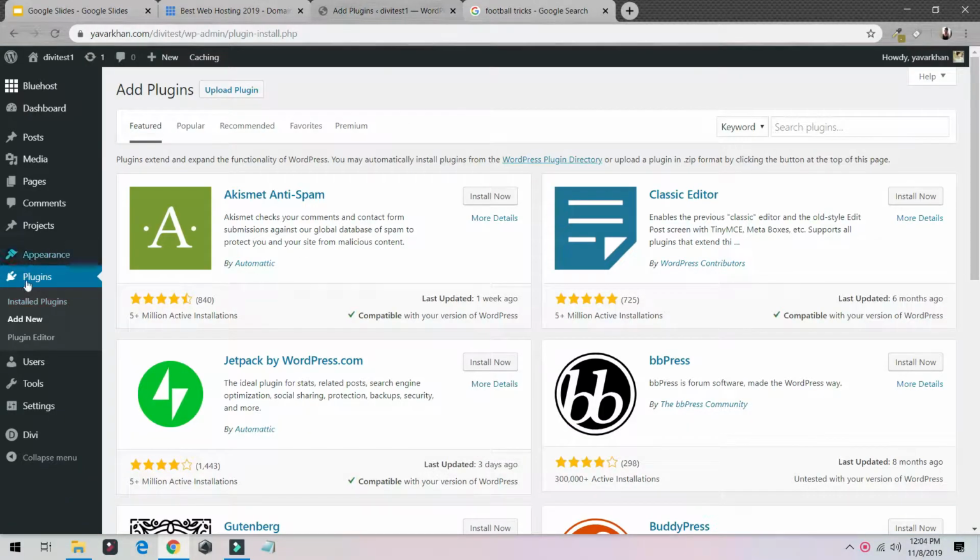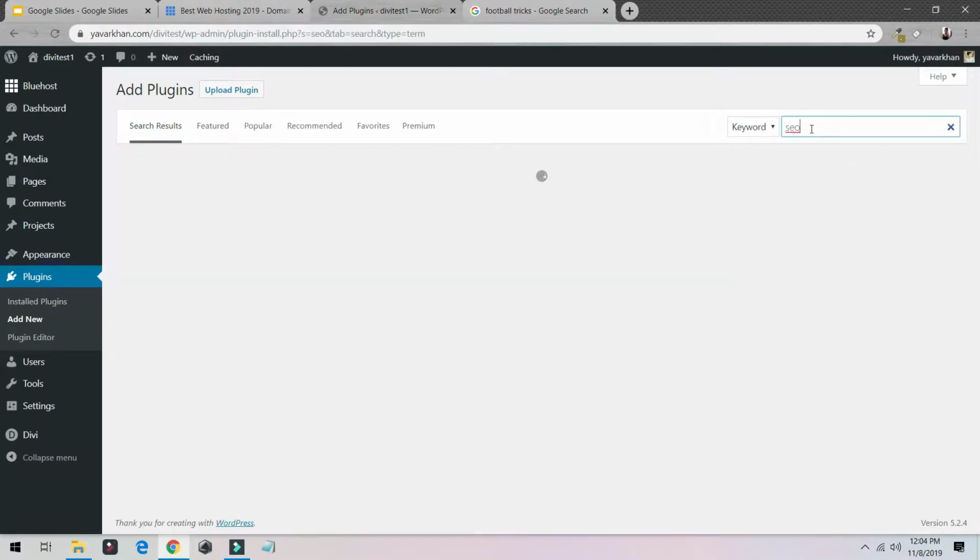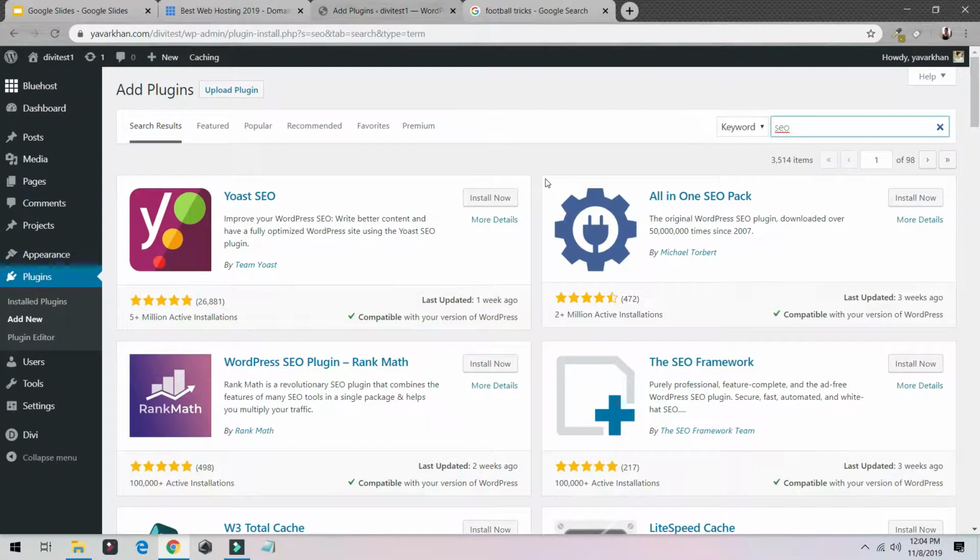So right now we are in plugins. We have clicked add new. Just click SEO. I'll explain to you the exact and the best settings for the Yoast SEO. Just click on install now. Once it's installed, just click on activate. Once it's activated,